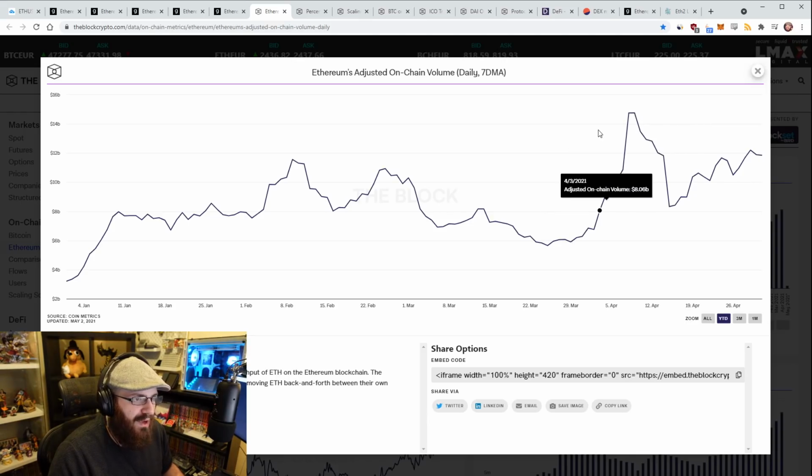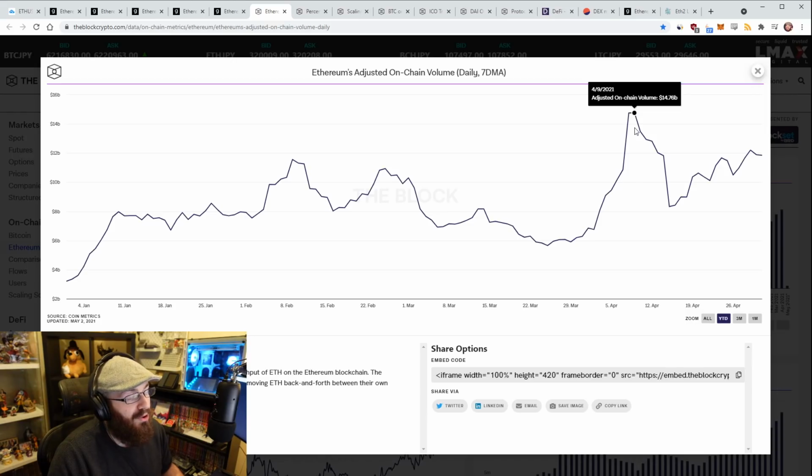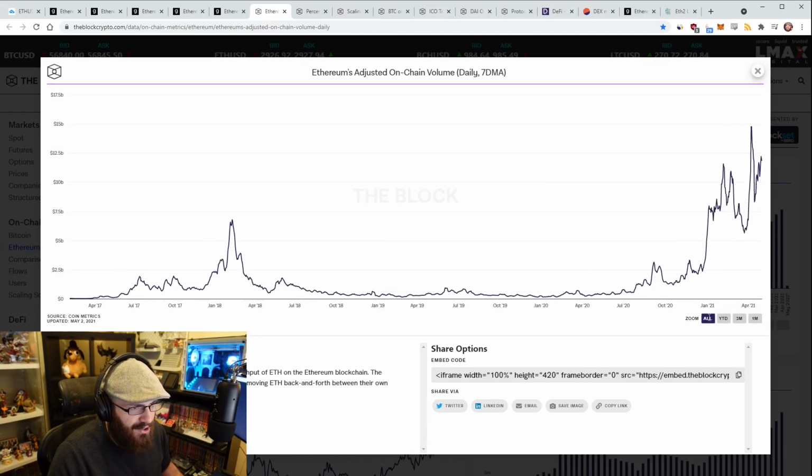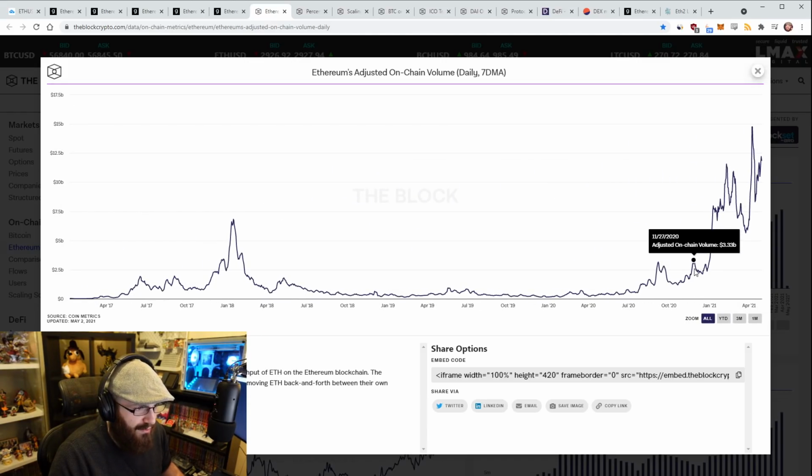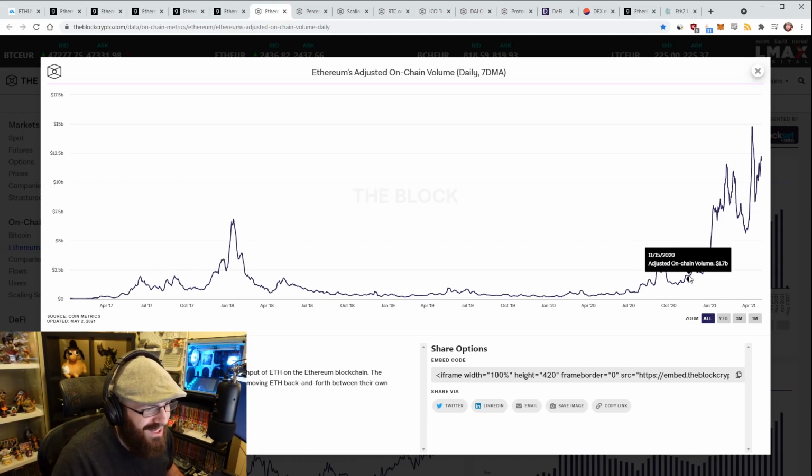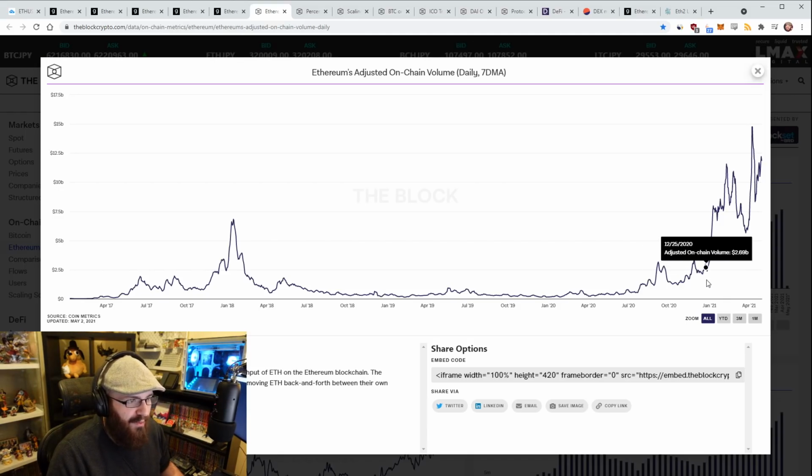There's probably another event that this correlates with that I'm not remembering right now. It could be the Fei protocol launch, actually. Maybe. I can't remember exactly, but that sucked in a lot of ETH really, really quickly, which means a lot of ETH moved on chain. But yeah, I'm actually curious, did much ETH move around November? Yeah, so it's funny because a lot of ETH moved around November, which is November 24th was the deadline for ETH to be in the deposit contract for ETH2. So a lot of ETH got moved around there, which makes a lot of sense as well.